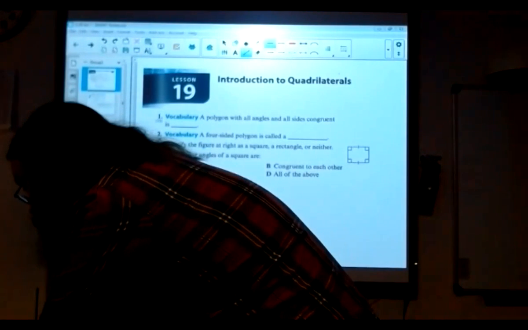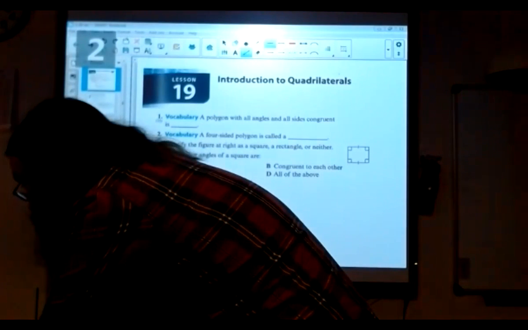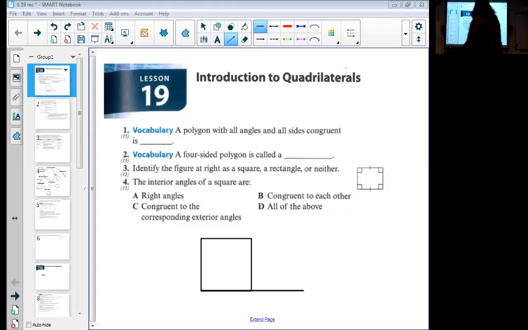All right, we are starting lesson 19, Introduction to Quadrilaterals. We will start with the review to ignite your previous knowledge. So we have a vocabulary,